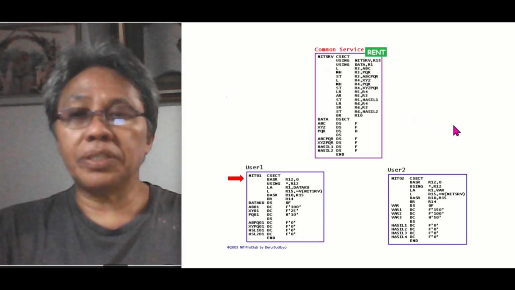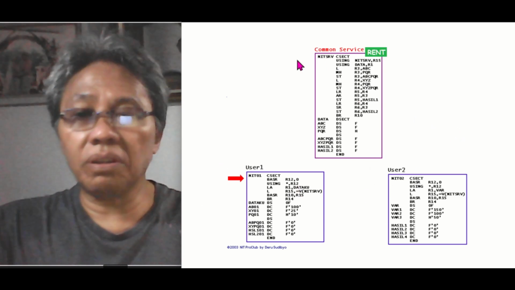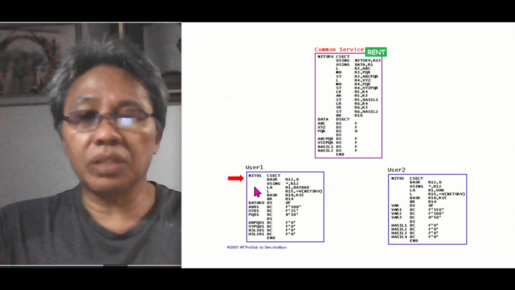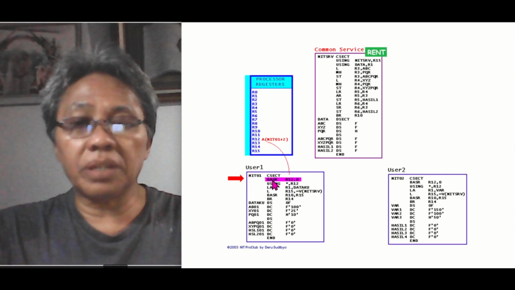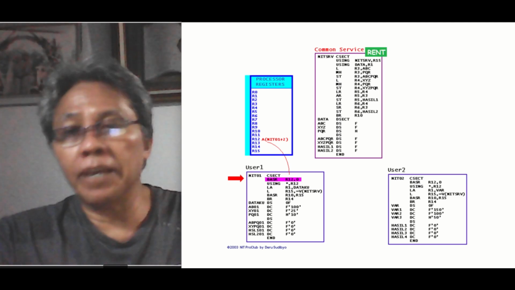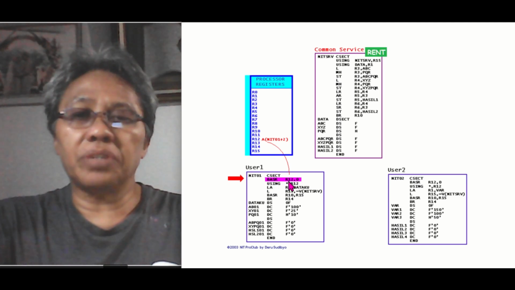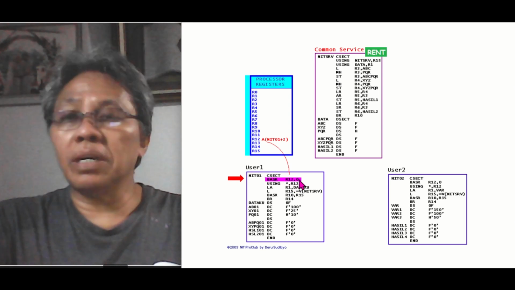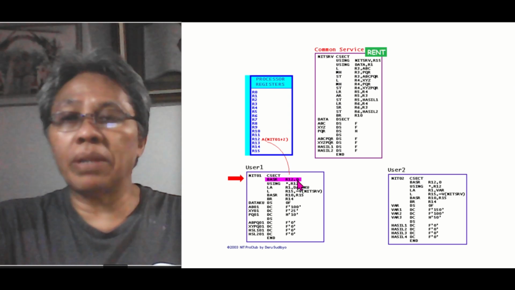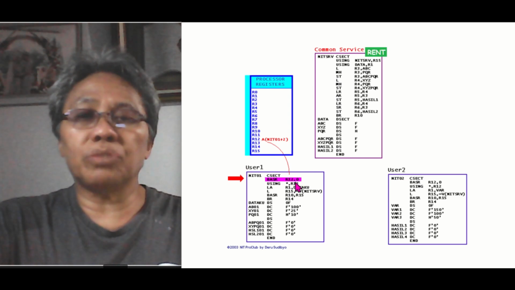Let's say dispatching starts from user 1 first, meaning the execution control goes to this module, net01. The first instruction executed is the first instruction in this module, pointed to by the entry point address. In this case it is branch and save register, which branches to the address in operand 2, register 0, and loads the next sequential instruction address into register 12.